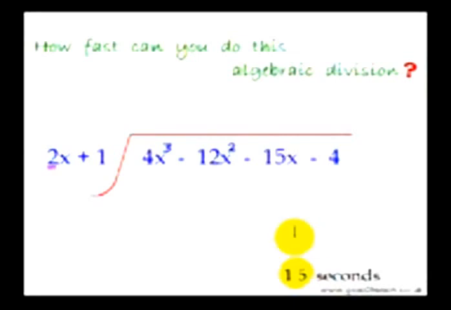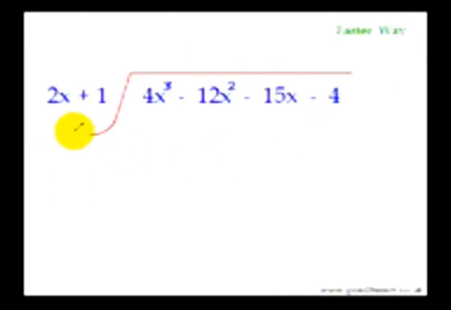Your time is up. So tell me, could you figure out what to do with this extra 2 here? Okay, so let me tell you. You have already mastered the algebraic division where the divisor is of this type, x plus c. Isn't it? So far we practiced so many questions of this type in the last 3 videos and you could do them so comfortably. So this is the second type of algebraic division where there is an extra a, that is of the type ax plus c, where a is any number. It can be 2, it can be 3, it can be 4, anything.